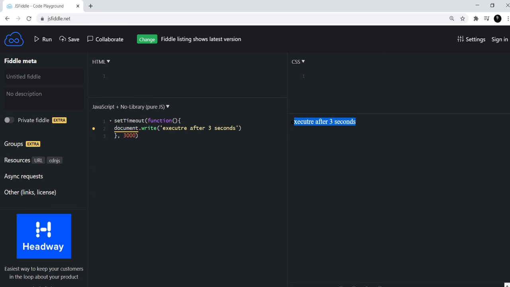So anonymous function can be used in many places. Basically use it when this function won't be used anywhere. So let's say this function inside setTimeout won't be used anywhere else in the code, so you can choose not to give it a name. And similarly throughout your code, if you think that you need a quick and dirty function which you don't want to use anywhere else in the code, you can just define an anonymous function and get done with it.